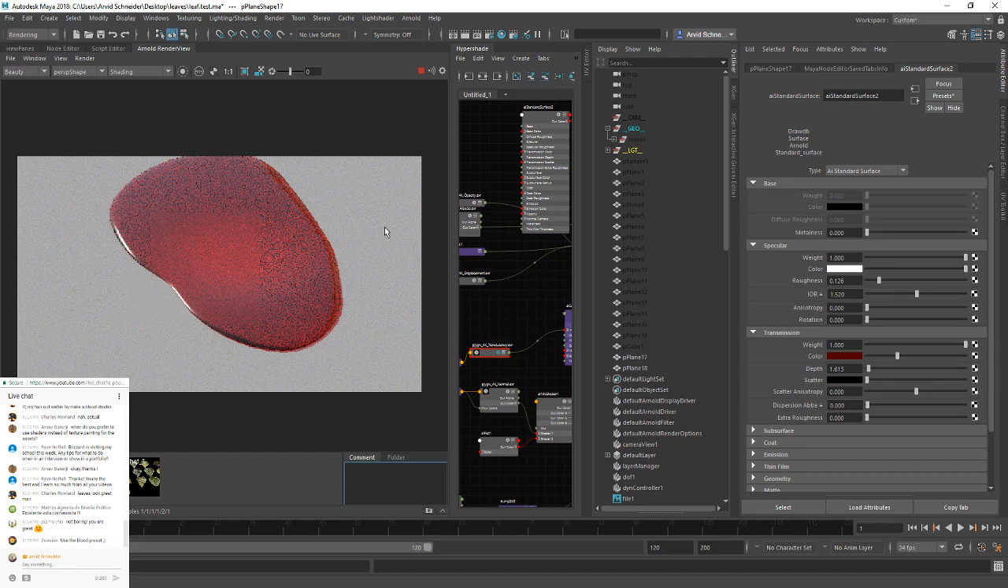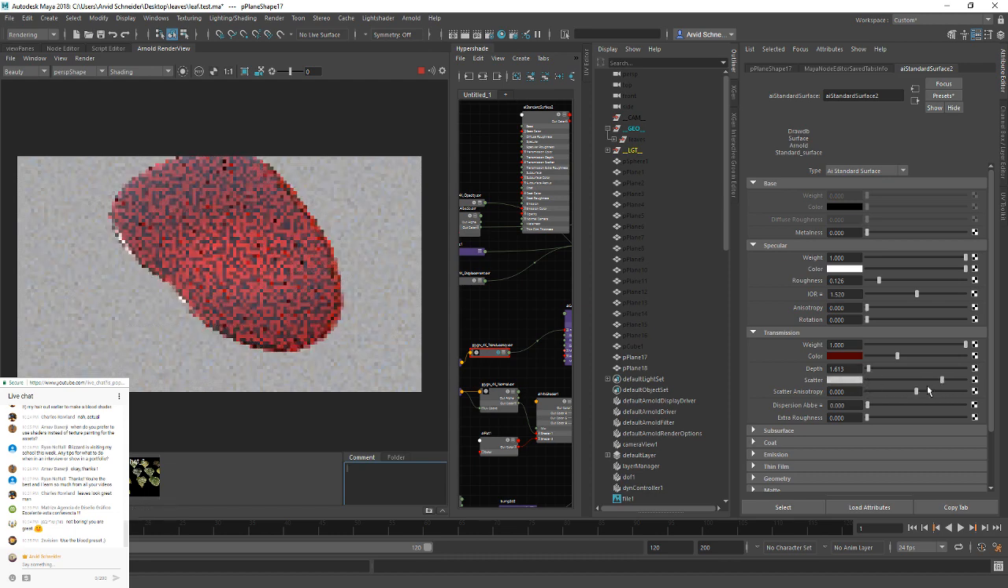Okay, so you see what's happening here? We will get now brighter. Yeah, I thought there was a blood preset, but unfortunately there was not. So you can see now what's happening is because it's thinner in the center, you get this brighter effect happening, right? And you can introduce some scattering, which is